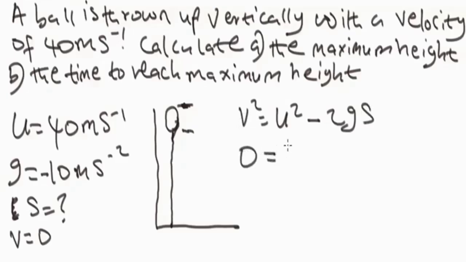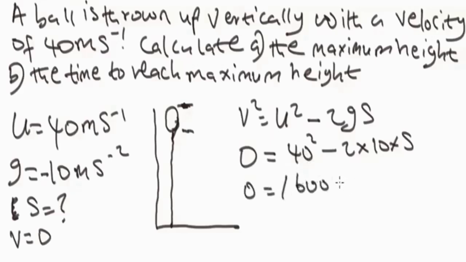Initial velocity is 40 squared minus 2 times 10 times x. So when you substitute this in and simplify, you're going to have 0 equals 40 squared, which gives us 1600, minus